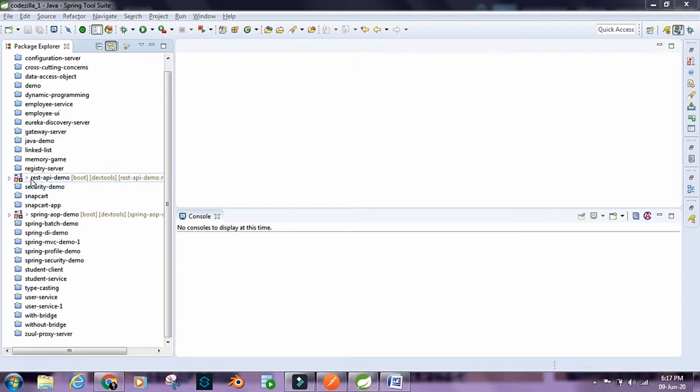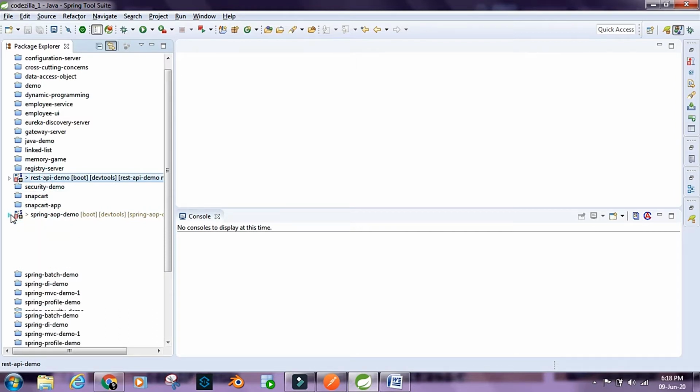This is the project that we have already used in the previous chapter, where we created a REST API using the Spring web module. And for this demo, I have created this project, Spring AOP demo. All our logging functionality is placed inside this project, and this project has been included as a dependency inside the REST API demo project, right? So let's first take a look at Spring AOP demo, and let's go inside the POM